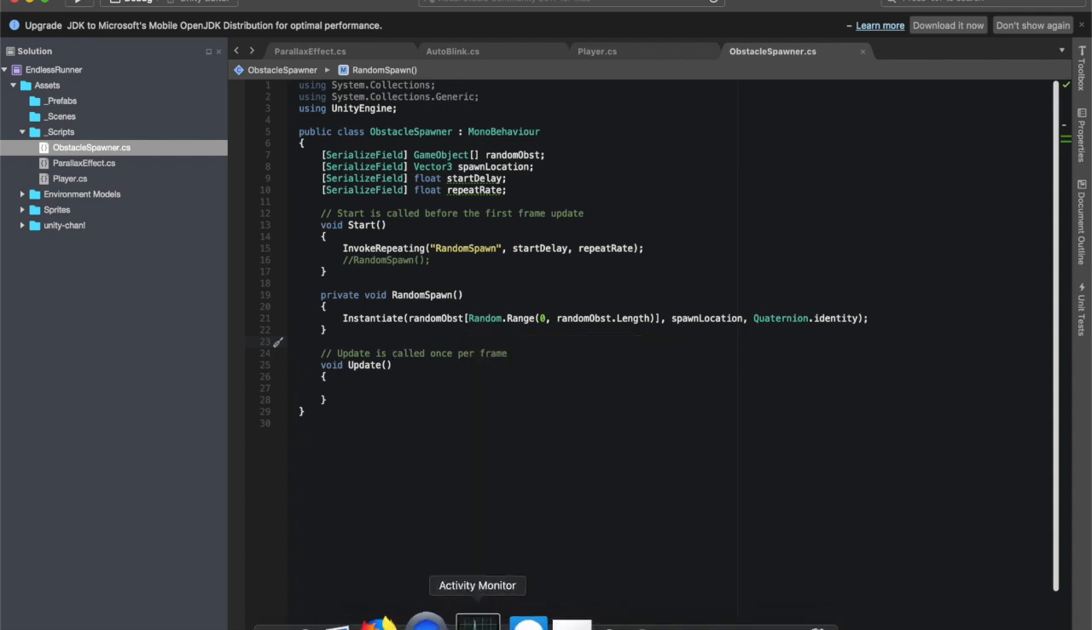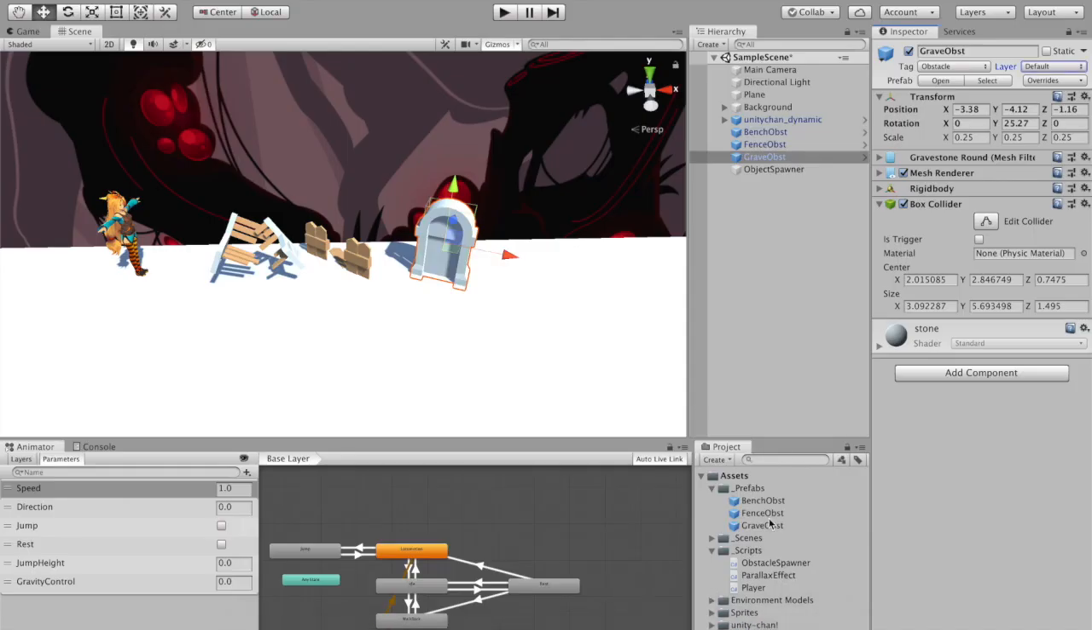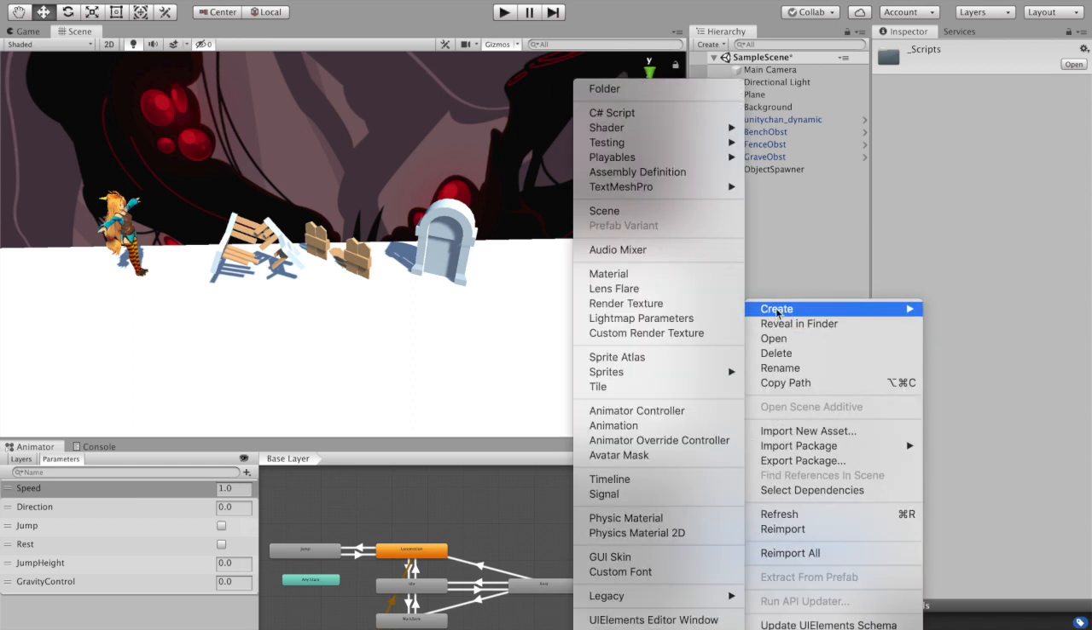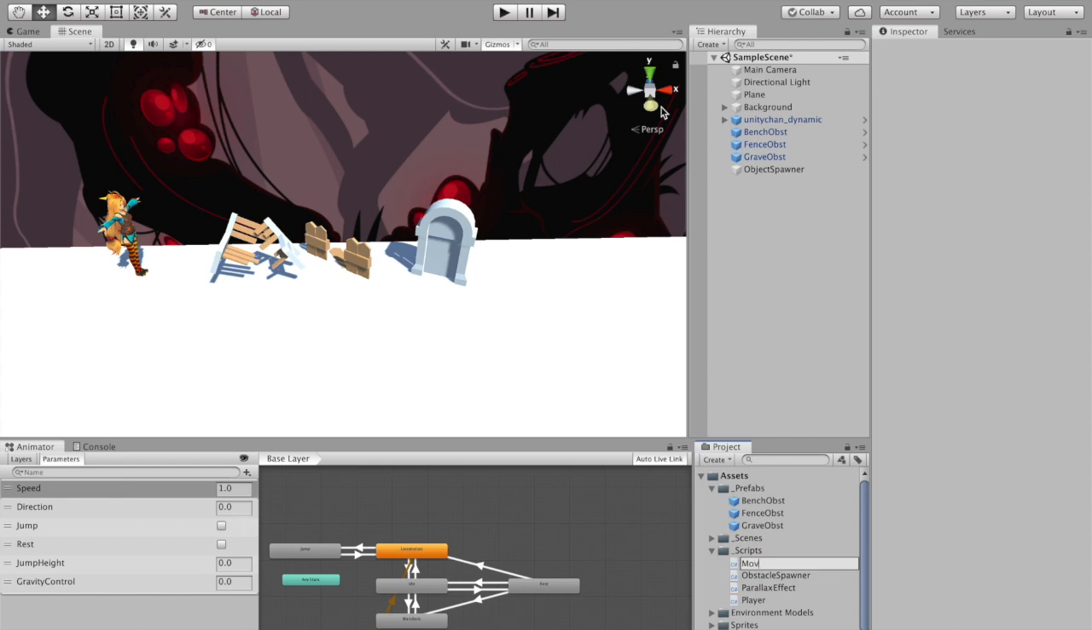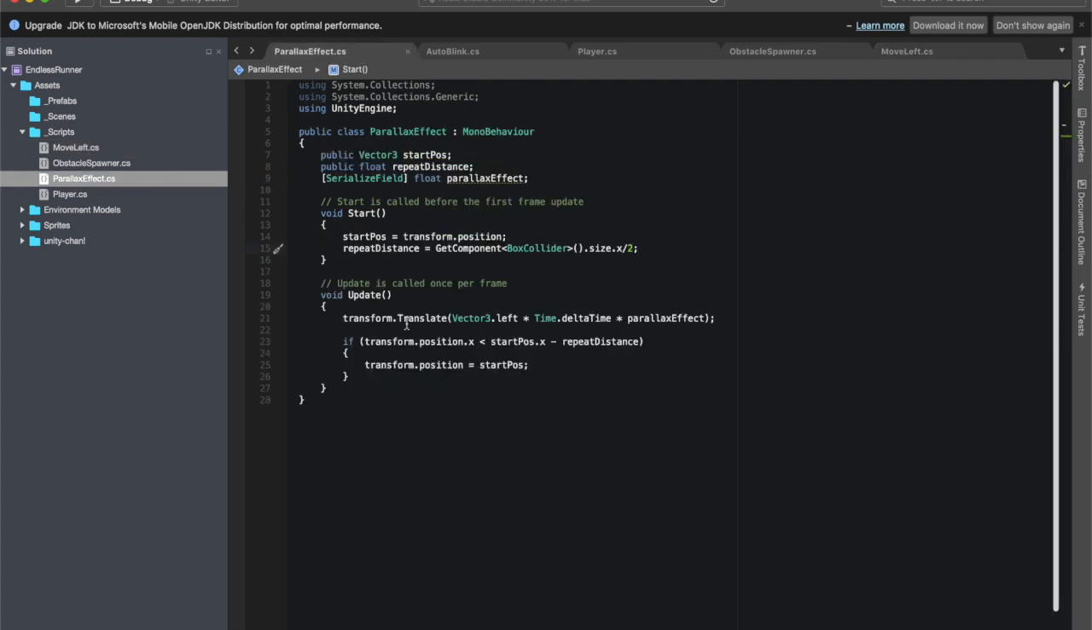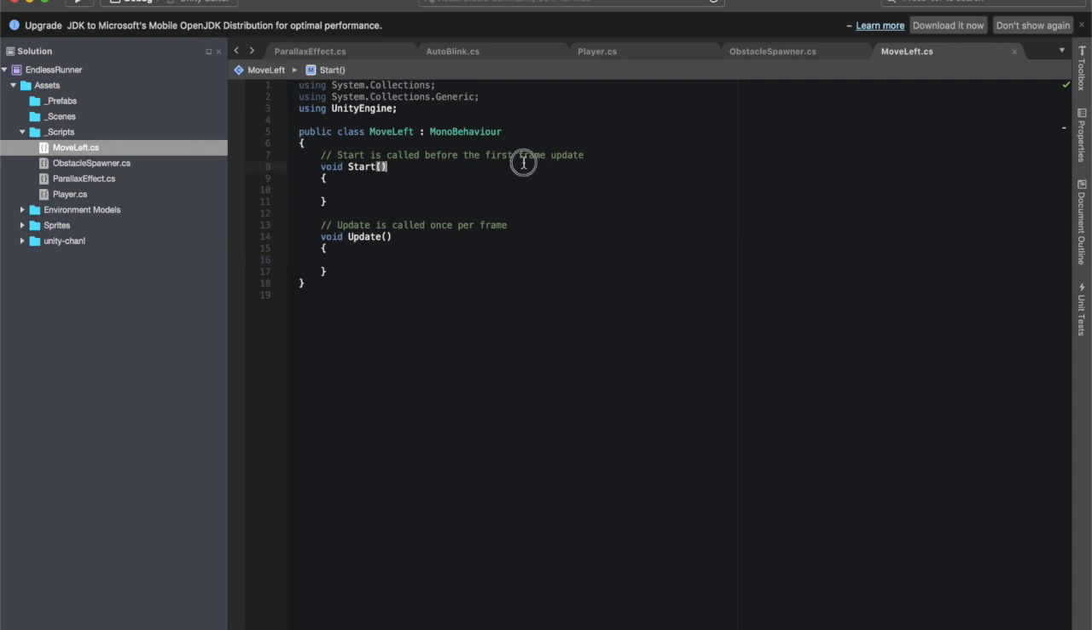We're actually going to create a separate method for this because we don't necessarily need it tied to just the spawner. We might want several things to have the ability to move left. So we're going to create just a script all by itself called move left. In our move left script, we need to do exactly the same thing as our parallax effect, basically. We're going to take our transform and translate it to the left to the effect of Time.deltaTime and the speed. So let's give this a variable called